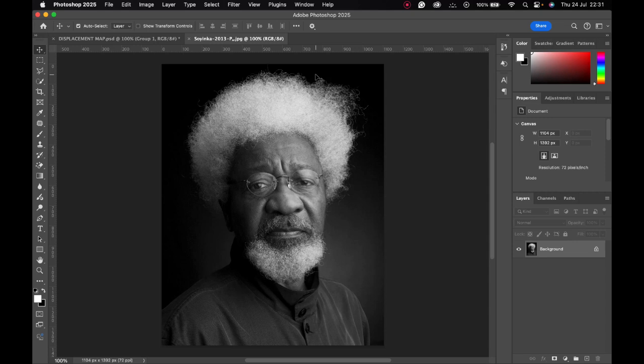Now I said the first phase will be to create a displacement map. What is a displacement map in Photoshop? A displacement map is a kind of instructional effect you give,